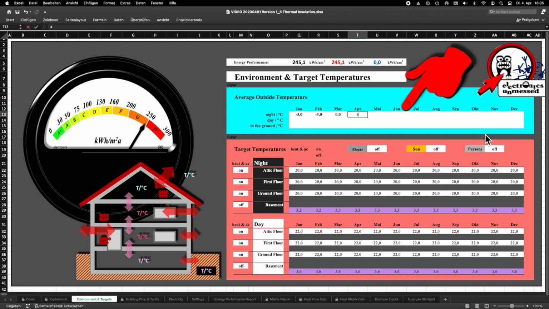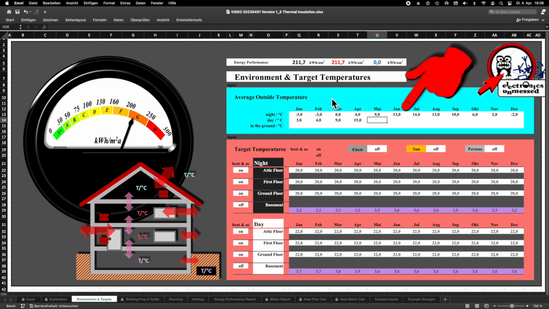What I'm having here are the monthly values averaged over several years. And therefore, this data will not provide us with any extreme values that may have occurred in our region in recent years. Your local weather service can of course provide you with more precise data for several years and also for your exact location.